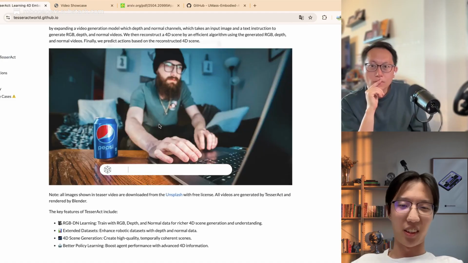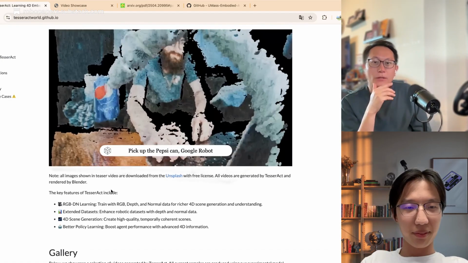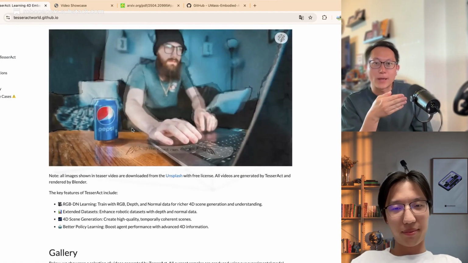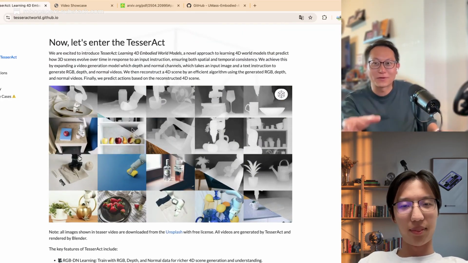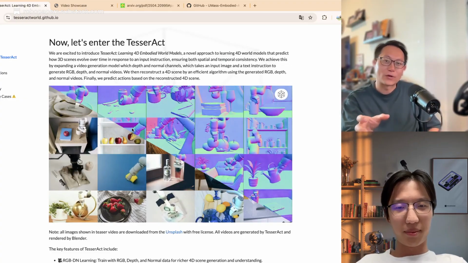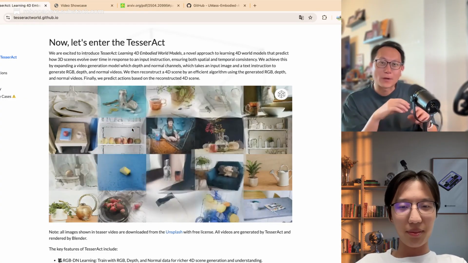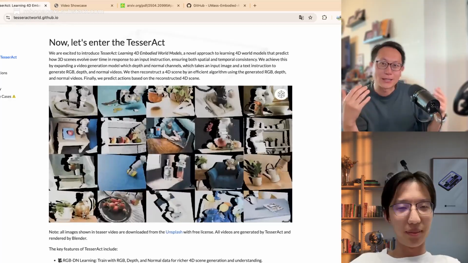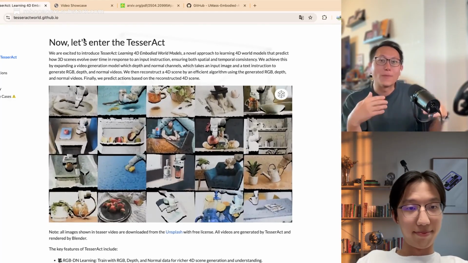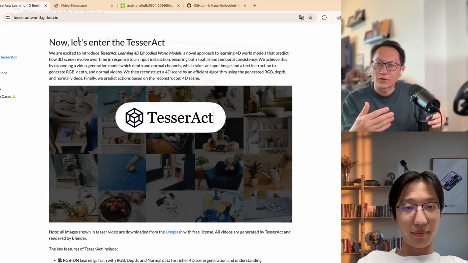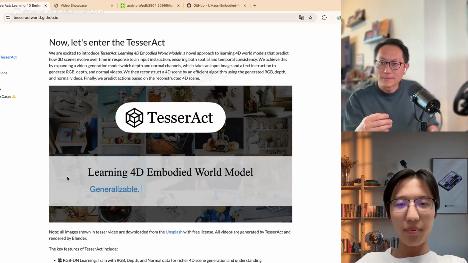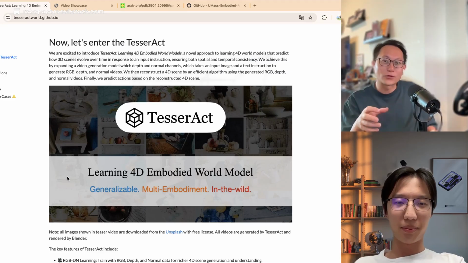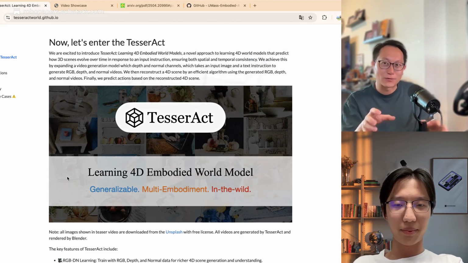This is our new work. So literally, when given a single image, let's say in this case, this guy in front of the laptop with a can of drink in front of him, just by prompting with language, the 4D world model will imagine the next, I think 49 frames or something like that. So a couple of seconds, I suppose. Right, in your paper, what should happen given the instructions, and then just imagine that.